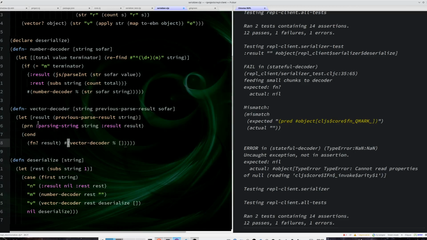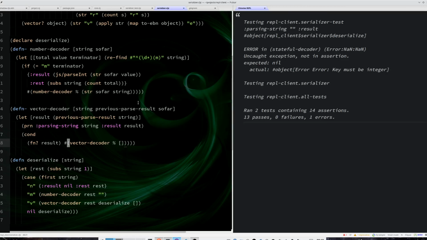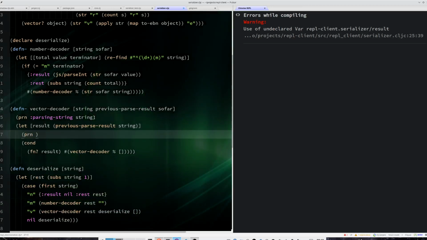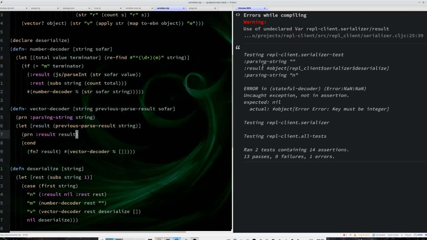Okay, so here is the first argument, and let me just move this to the top so we can see the error when it happens. Oh, I cannot move this to the top. So, okay, let's just migrate to different things. Okay, so I'm parsing the string. It's nothing. Now I am parsing the string n, and the result is